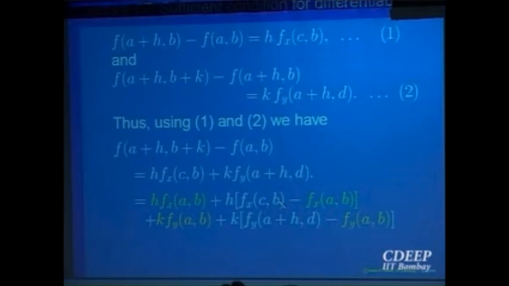Is that clear to everybody? This is a continuous function, right? What we want to know is, this c is a point between a and a plus h, from Lagrange's mean value theorem in the first step. As h goes to 0, where does c go? It goes to a, right? Between a and a plus h, as h goes to 0, c goes to a. So the limit of this as h goes to 0 is f_x at (a, b), and this is f_x at (a, b). So the difference goes to 0, so no problem. Similarly, the second one goes to 0.